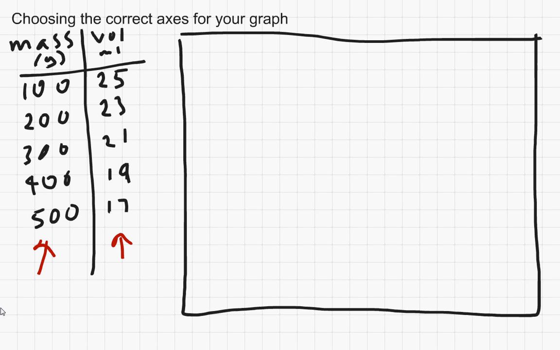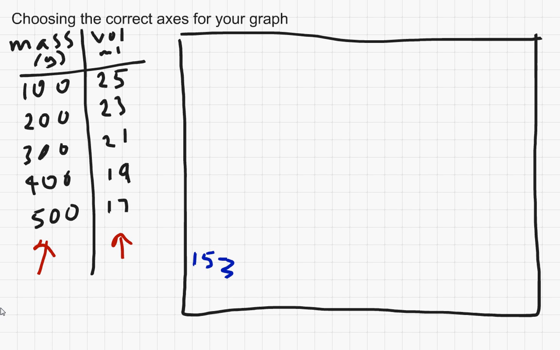Okay, so if we count for the volume, we're going to start at 15, slightly higher up because we're going to have that broken scale in there. So if this is 15, we need to see what will fit on. Now we can go up there 16, 17, 18, 19, 20, 21, 22, 23, 24, 25, and by coincidence that looks like it would fit on because we want to try and fill up as much of the graph paper